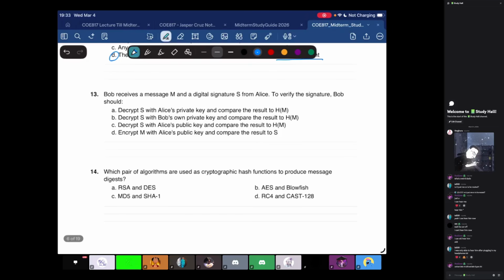Bob receives a message M and digital signature S from Alice. To verify the signature, Bob should do what? In this case, remember Bob will have Alice's public key and not Alice's private key. So it will decrypt with Alice's public key, not Alice's private key. It's one of these 2 options. And since we're talking about message M,